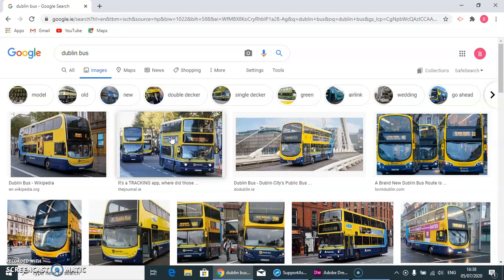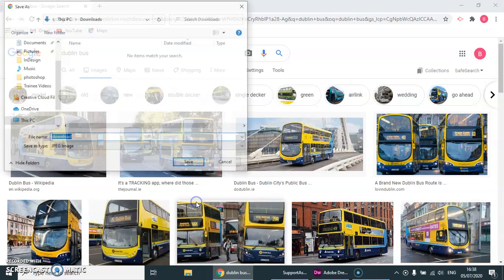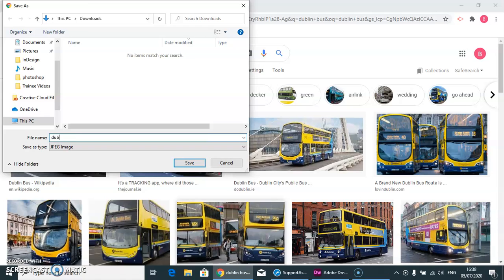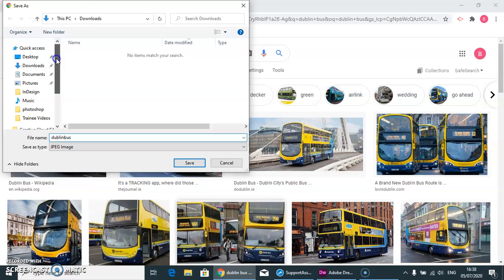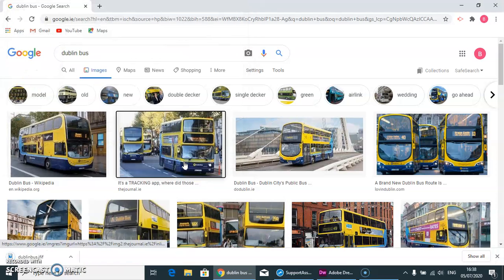here, and I don't need to click into the picture. I only want this small tiny image. We're not going to be using large images. So I right click and I'm going to go save image as. I'm going to call it Dublin Bus, all one word, small letters, and I'm going to make sure that it's stored in my web folder. So you will always start off with your folder first set up and your pictures in your folder, and then